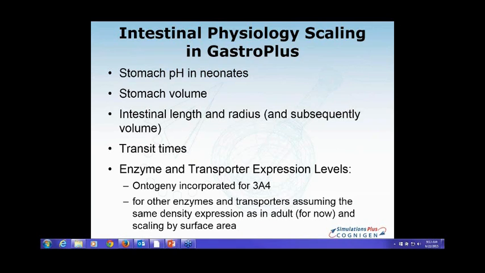Then again, the more complicated aspect with the transporters is the specificity. The transporters tend to be less specific than the enzymes. So maybe they just pick up for each other, so it's difficult to say. We have not done enough work yet or enough of these scalings to be able to say whether we can venture into other transporters or whether we have to stick with the transporter that was tested.